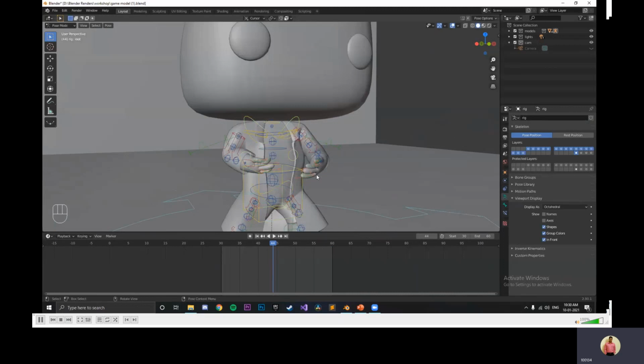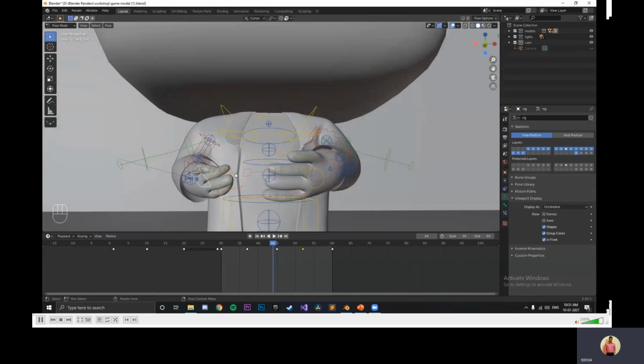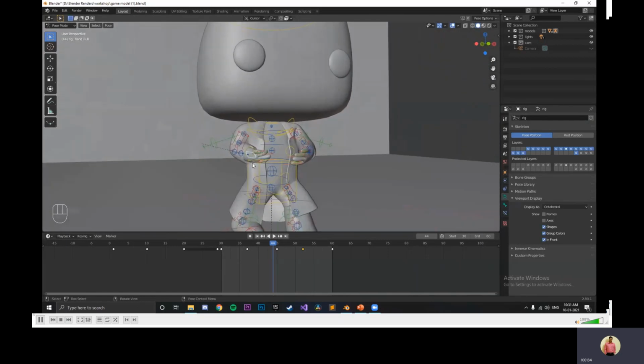So what I do, you can see these are many bones. Don't get overwhelmed by how many bones or what I should click or not. Just remember that what you want to move is what will move. So if I want to move this hand, only the palm will move. If I click that and press G again, I can move this.